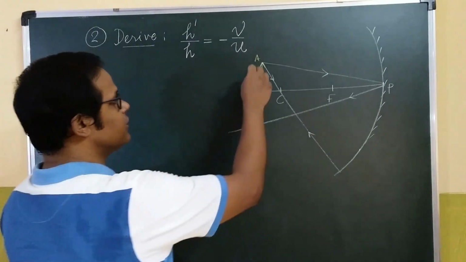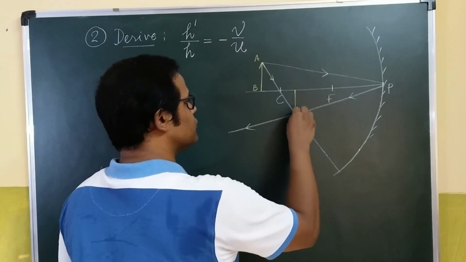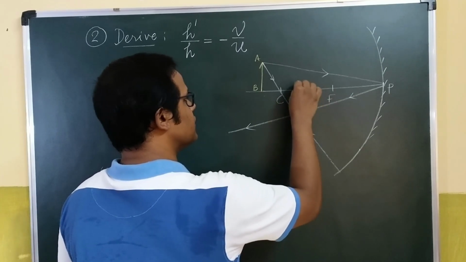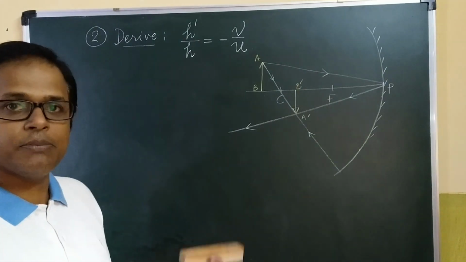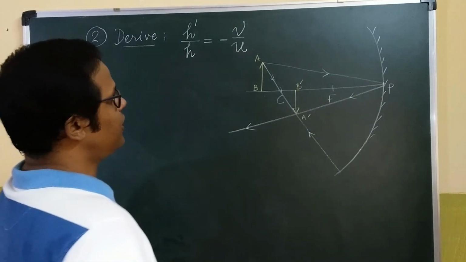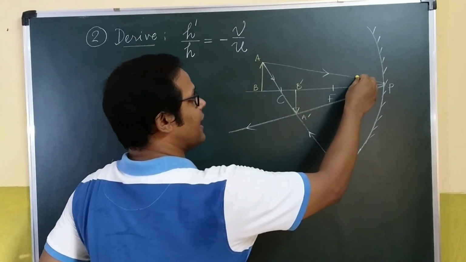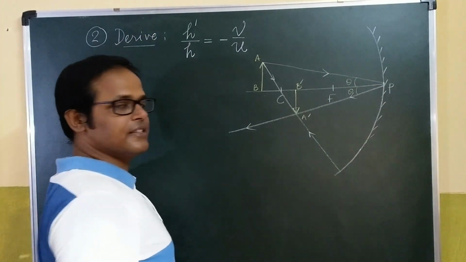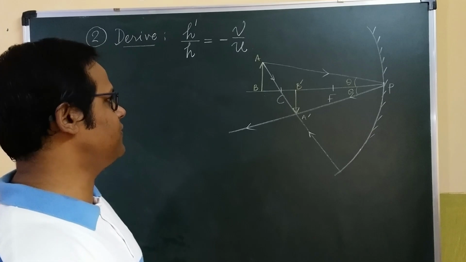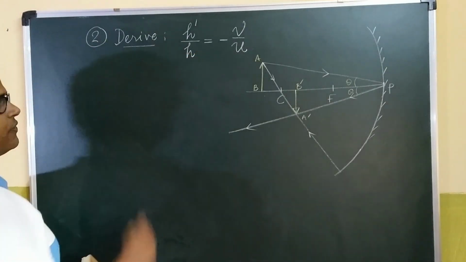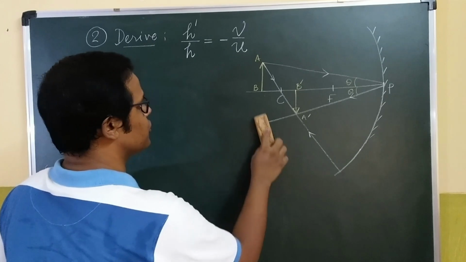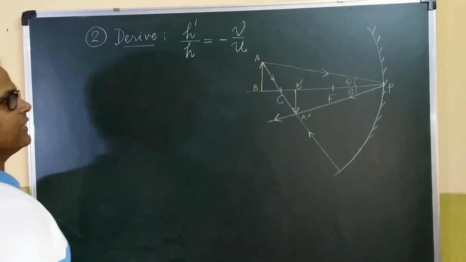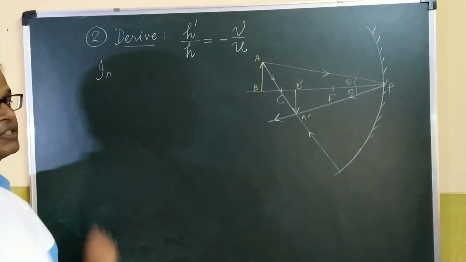Clear? So for this object, this is the image which we know should be forming between C and F, and it will be slightly diminished. So this is the image A dash B dash, which I mark with yellow. Alright. So definitely by the laws of reflection, this angle theta should be exactly equal to this. That is, angle of incidence should be equal to angle of reflection. So let me prove this first of all using this diagram. Let me just cut it short because of the lack of space. Something like this. That's enough for us. So please follow it closely.